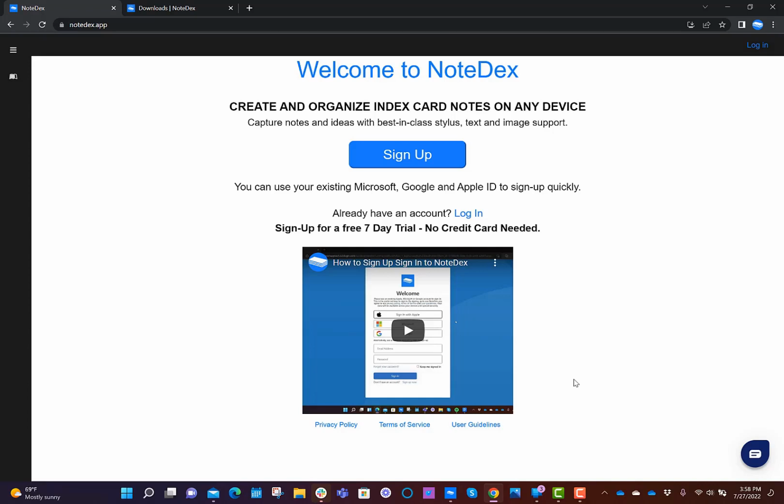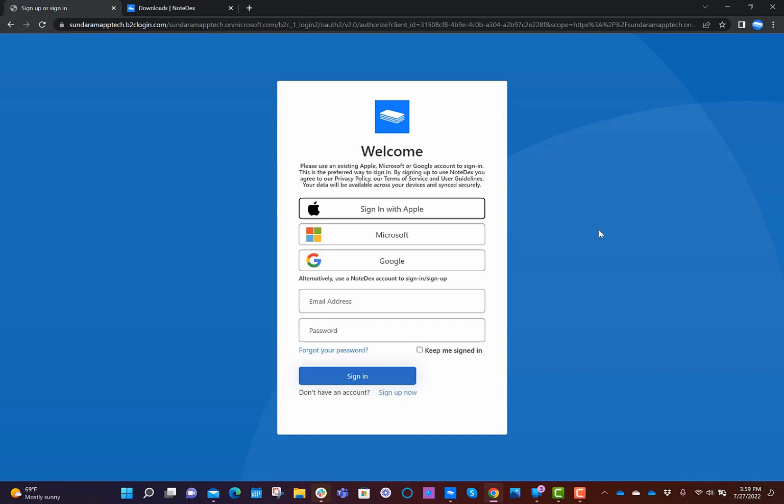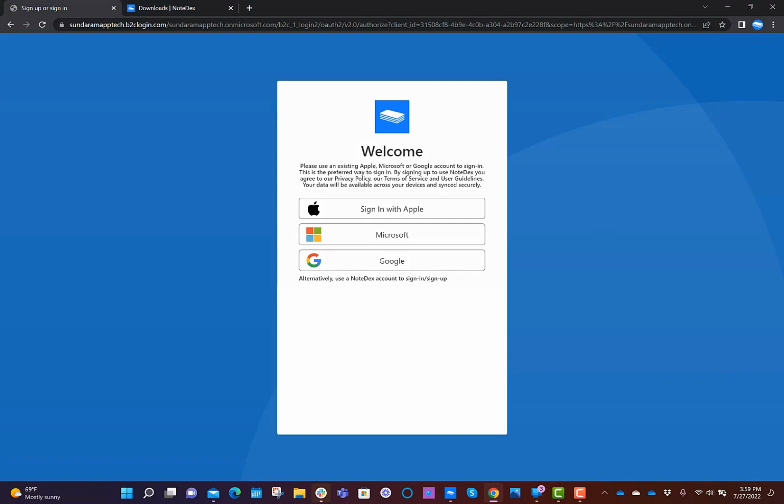We have a video that you can see here on the homepage of the NoteDex app, and I encourage you to look at that video to learn more. In this example video today, I'm going to log in using an email and password that I have created previously in NoteDex. To log in, we just click the login button and the login window appears. At this point, I'm going to log in with the information for this account.